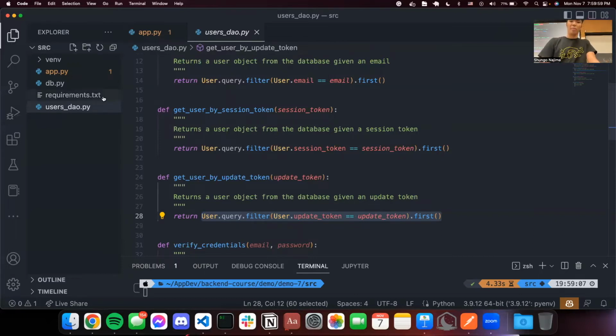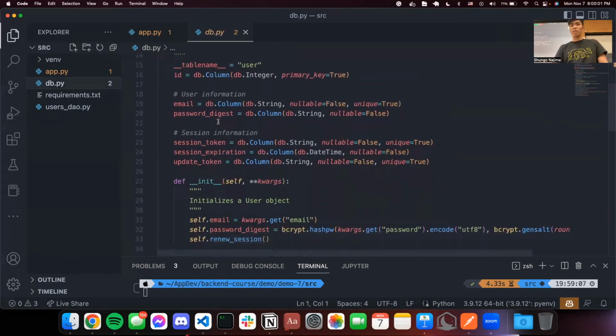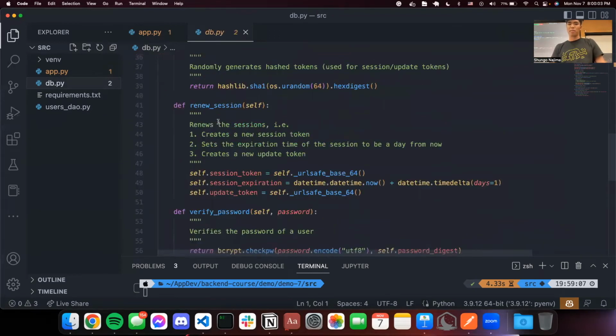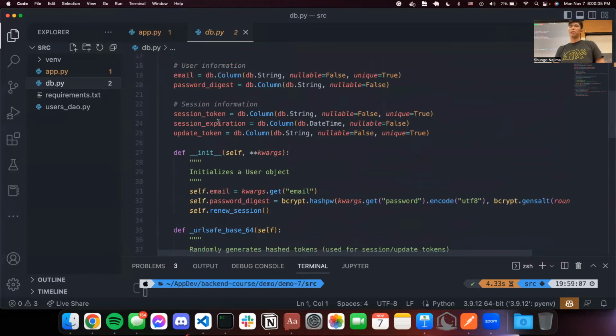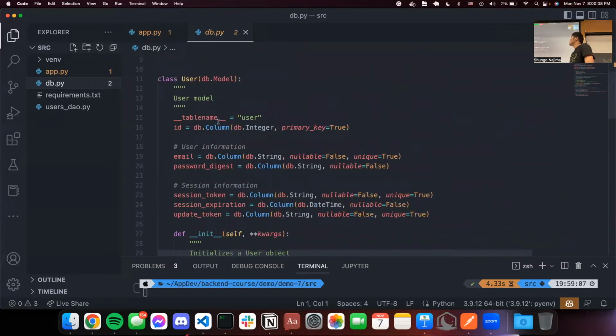Cool. In our db.py is one model, a user model, and it has a few functions to it. So let's go through what each of these do. The user model has an ID, obviously. It also has an email, and it also has a password. We call it password digest,